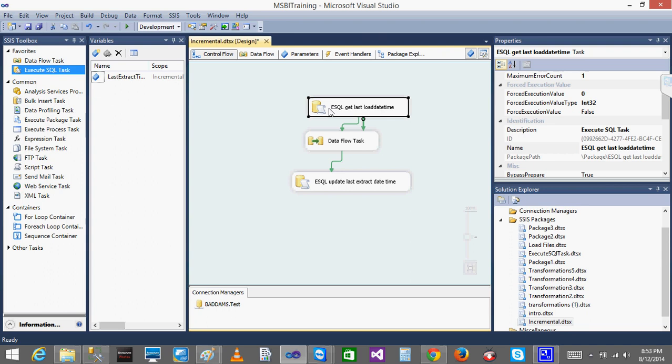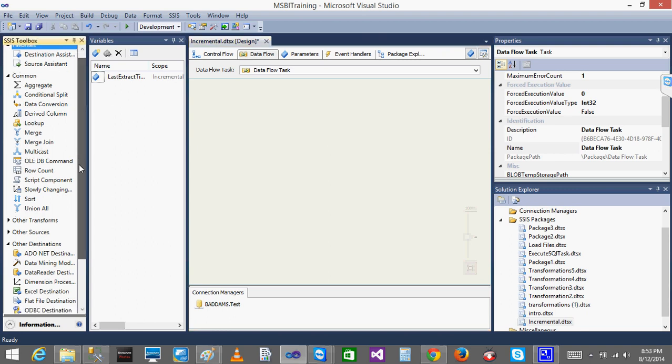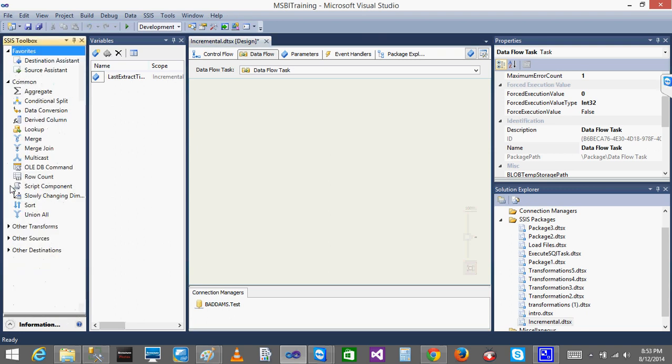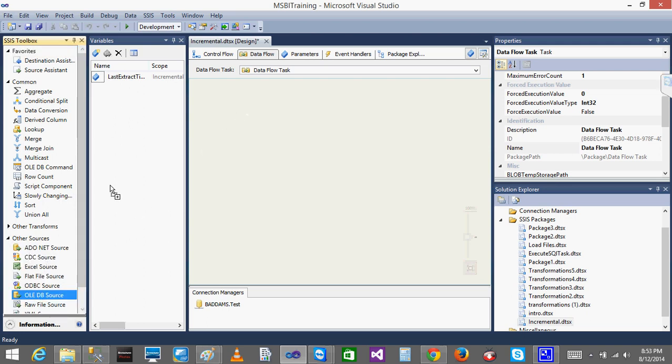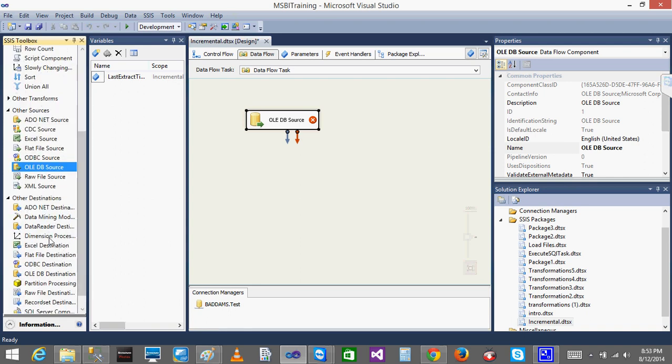Now I am updating the package. So I get the start time, and once it is executed, I am updating here. In the execution task, just take the OLEDB source. But since it is a full load, I am not doing anything. Since it is a full load, we can do it in a different way. I'll show you. OLEDB source, another is an OLEDB destination. I'll connect with the source.